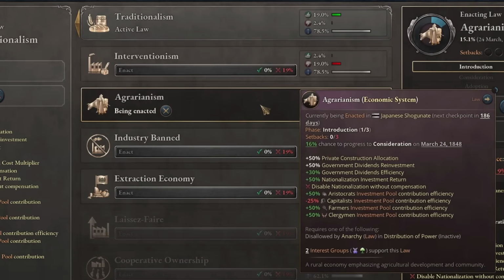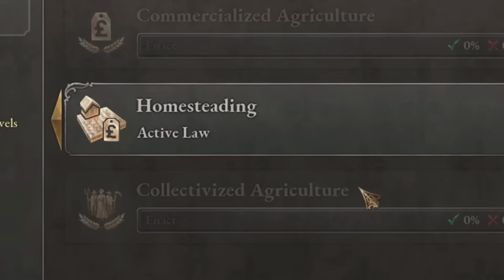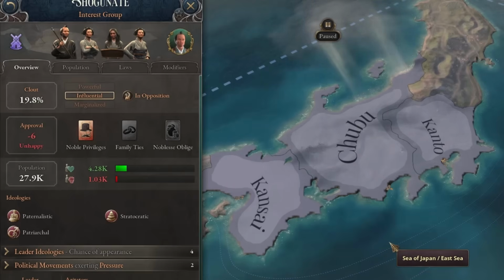Changing from traditionalism is usually done by enacting agrarianism first as Japan, which is possible after researching romanticism and after you've gotten homesteading, since the increase in power of the farmers will allow the Heimin to get into government, and they do endorse agrarianism. Your primary opponent to modernization throughout the entirety of the game is the shogunate, but once